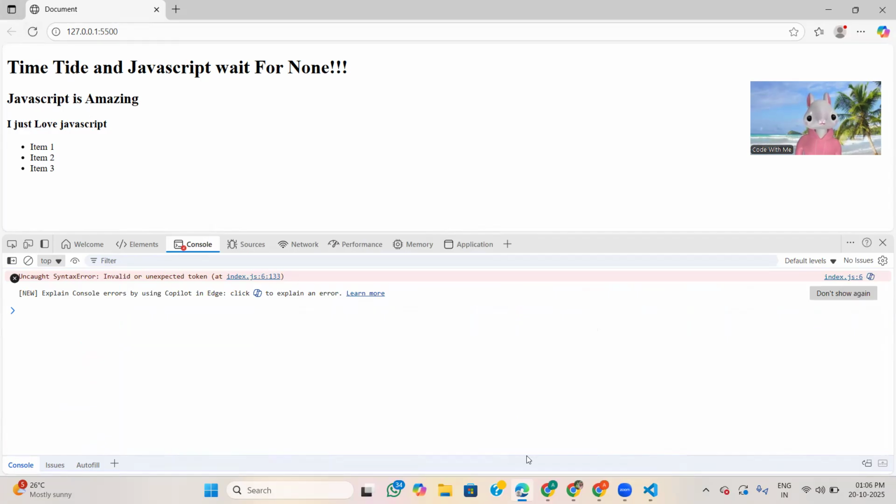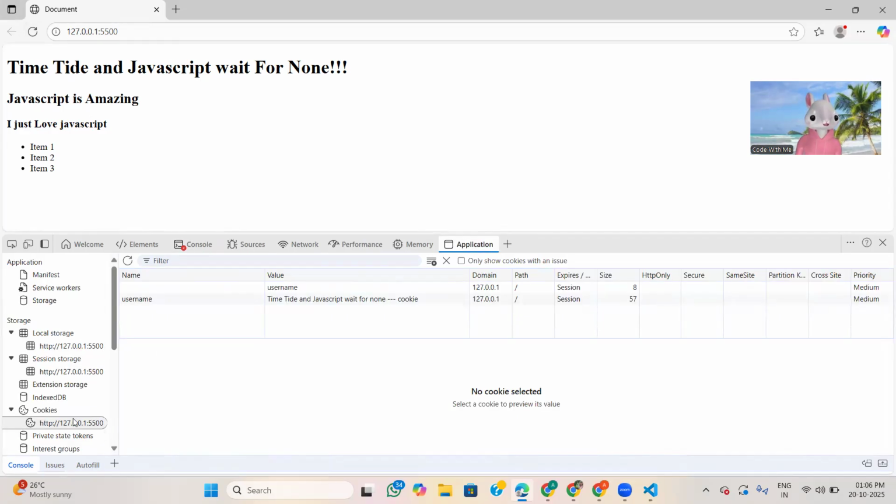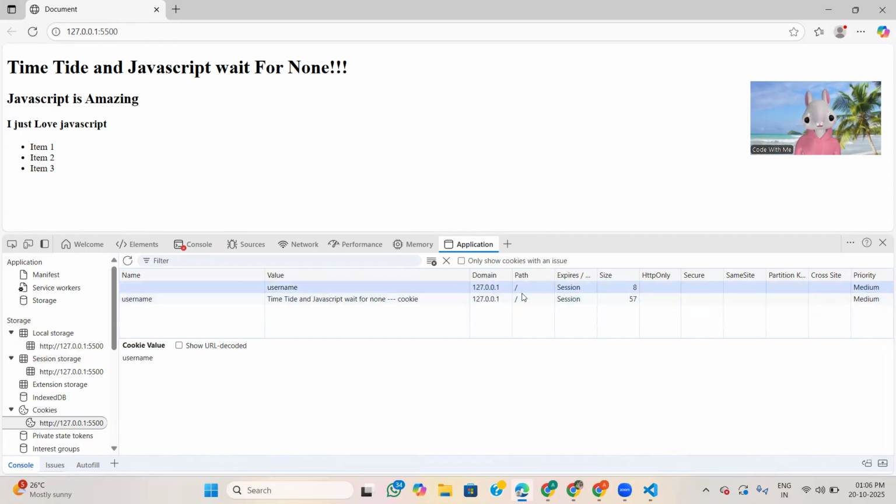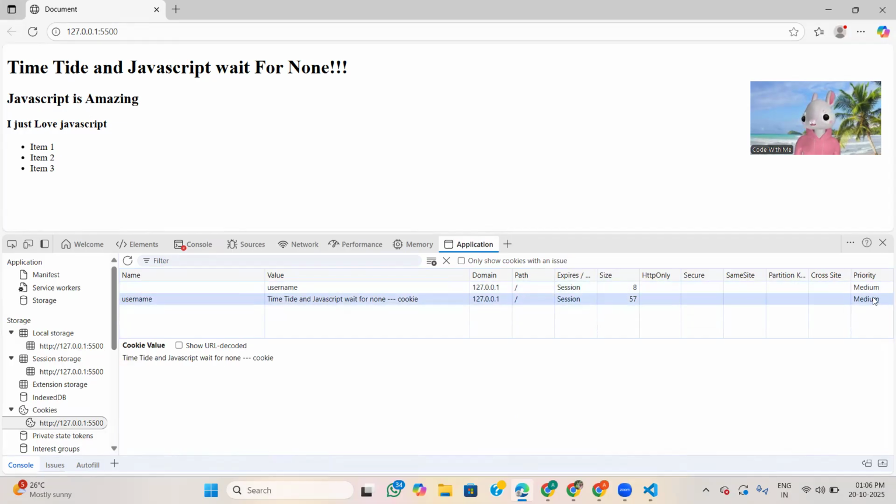Anyway, see here in cookie now, it is showing the cookie, session 87, the path is this one, priority medium.